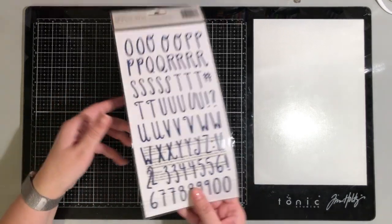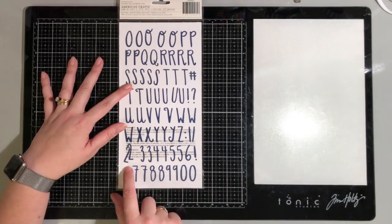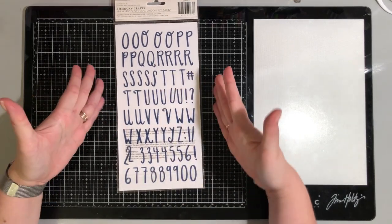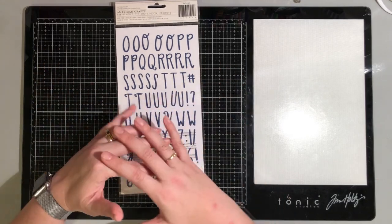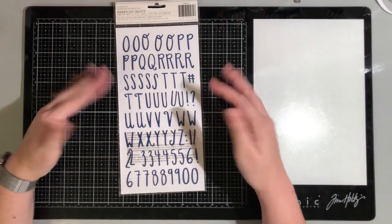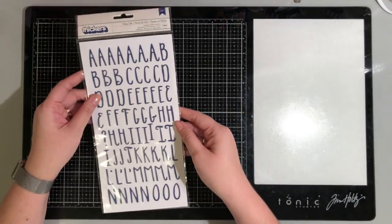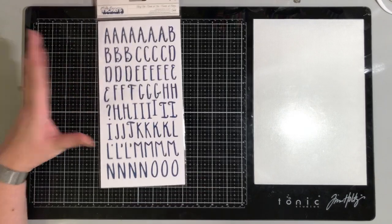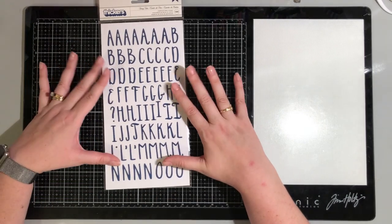But the chipboard does not stick. And case in point, I've already got stuff falling off in the package. And these are brand new, like just released. It's not, oh, it's been hanging up on a hook for a year and hey, the adhesive's giving away. No, it's brand spanking new. But things are already shifting in the package, and that bugs me. Like, why is it doing that? So I will end up using glue on all of these, which is a little annoying,